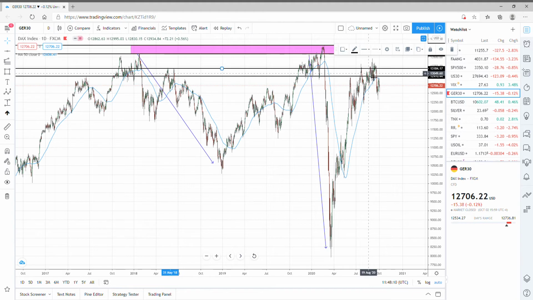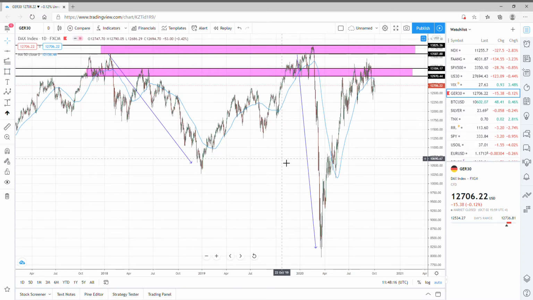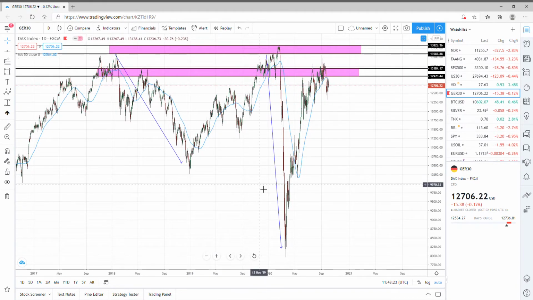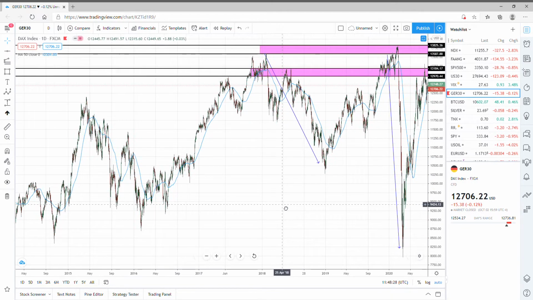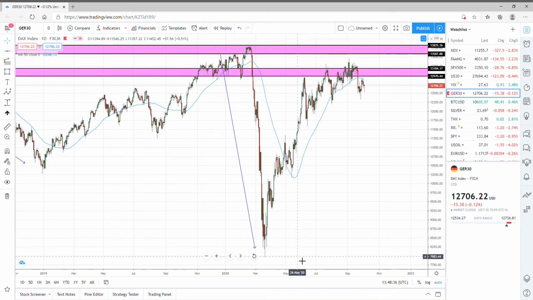And at the moment, there's a lot of activity in this area, lots of wick. So what I'll do is just put another box in there, it can be any color you want, but pink. And all of a sudden, as I zoom right out on the daily time frame going back till 2016, you start thinking, well, this is big areas, very important. Doesn't mean it's going to sell off, but after such a huge rise from, let's call it 8,000 up to 13.5 there,